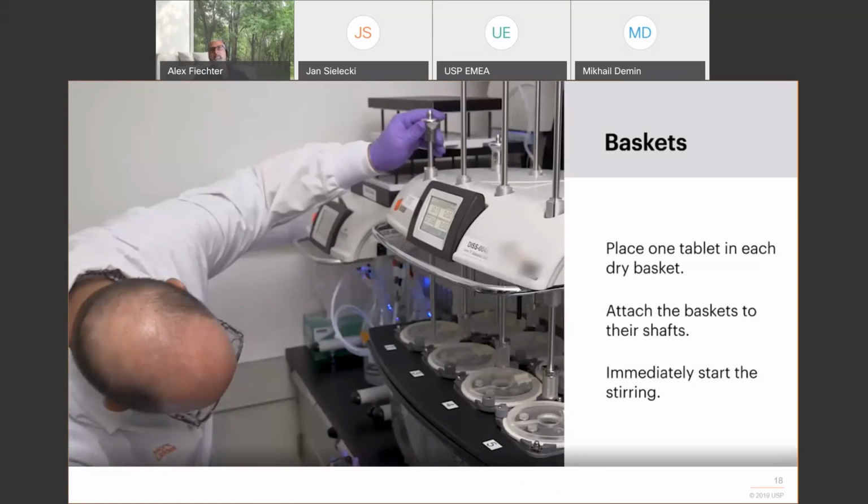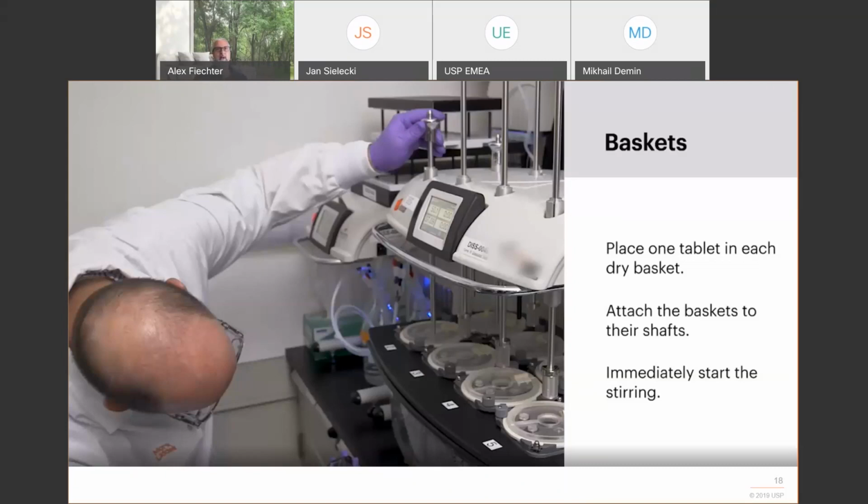The longer you expose the tablet when you take it out of a blister, to environment, humid conditions, or even to a wet basket, the more different your results are going to be. So again, for the sake of reproducibility, make sure that your baskets are all dry and you put the tablet into a dry basket before you immerse it into the vessels.